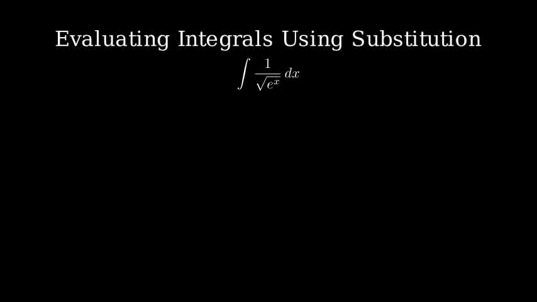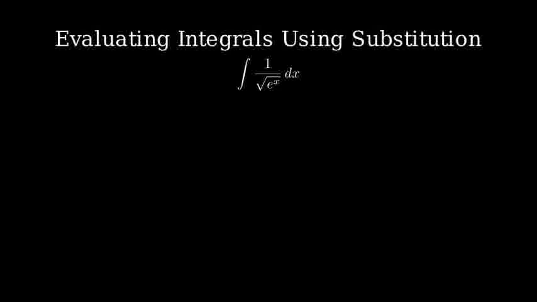Step 1. When should you use substitution? Look for a portion of the integrand whose derivative appears elsewhere in the integrand. Notice that e to the x is in the denominator of this integrand. Let u equal e to the x. If e to the x is expressed as u, then the integral simplifies to 1 over the square root of